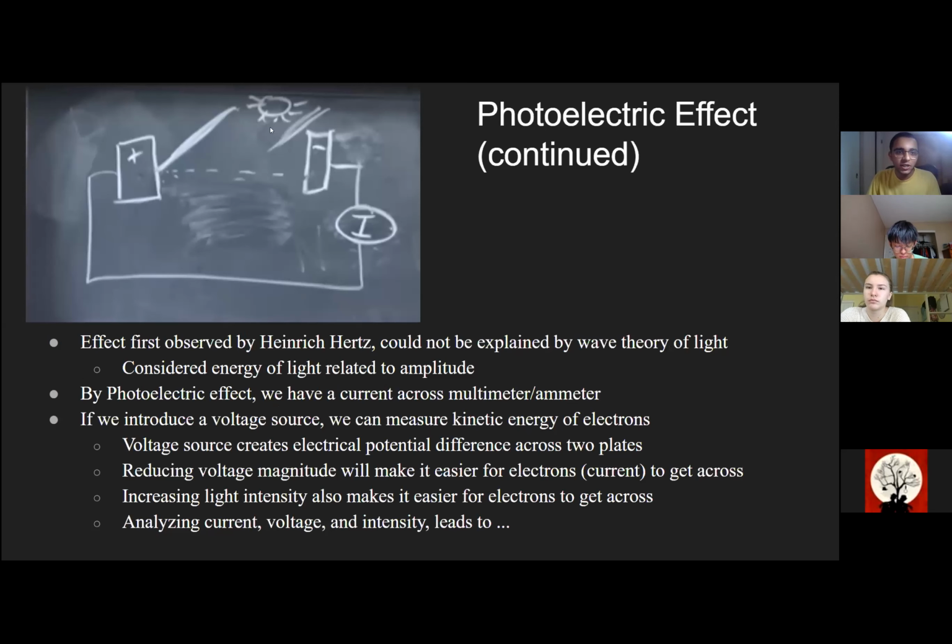Here you can see the idea of the photoelectric effect in this picture, where you have the sunlight and this positively charged plate, right? And the electrons are going to fly off this plate to the negatively charged plate. And so you're inducing an electric potential, right? Because there's a negatively charged plate over here, and a positively charged plate over here. The electrons are flying off. And so we have the ammeter right here, labeled with I, which should detect a current. And this effect was observed by Heinrich Hertz, but it could not be explained with